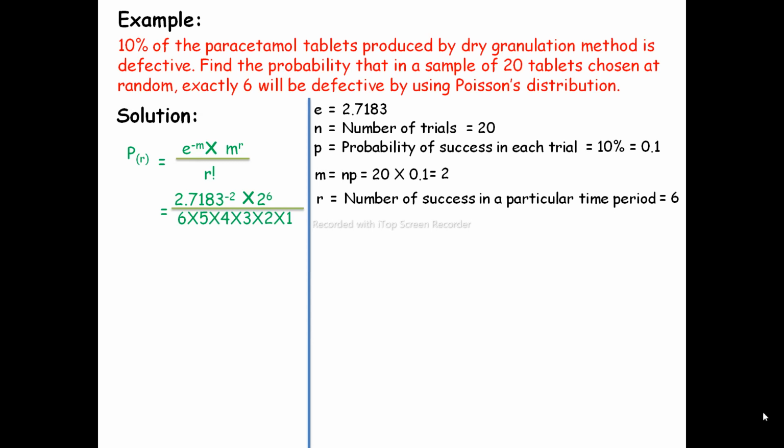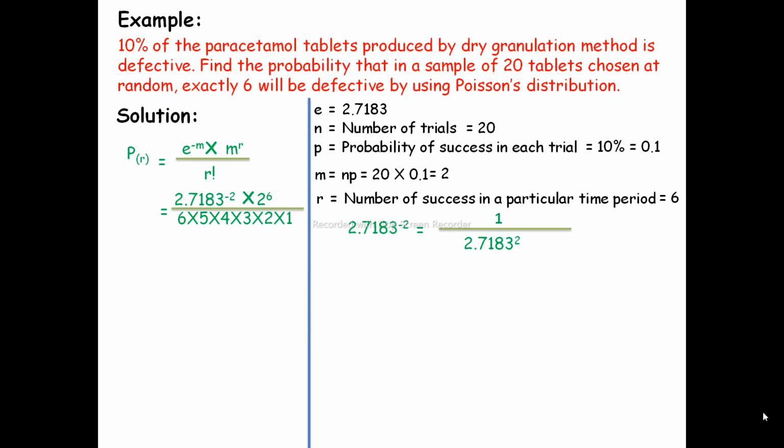Now over here you can see 2.7183 to the power of minus 2. For solving this we can take it to the denominator. Next, everything is simple. You need to multiply 2.7183 by 2.7183, and you will get the answer. But suppose instead of to the power of 2, it is to the power of 18 or 20, then what you need to do, that I'll show. For now, it is just 2.7183 to the power of 2. It is very simple for calculation.